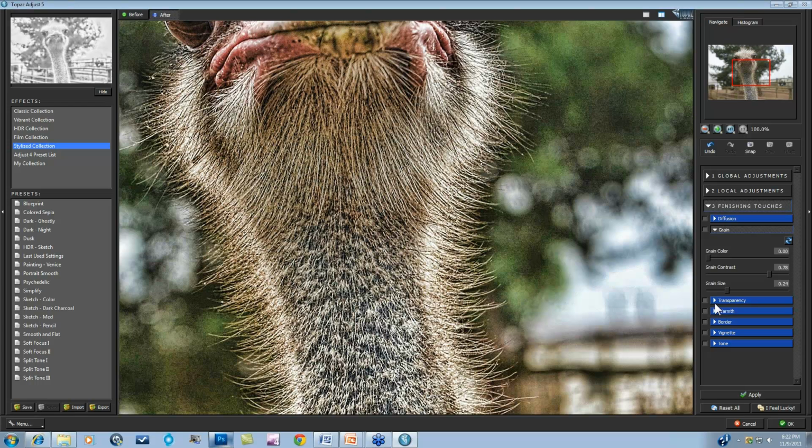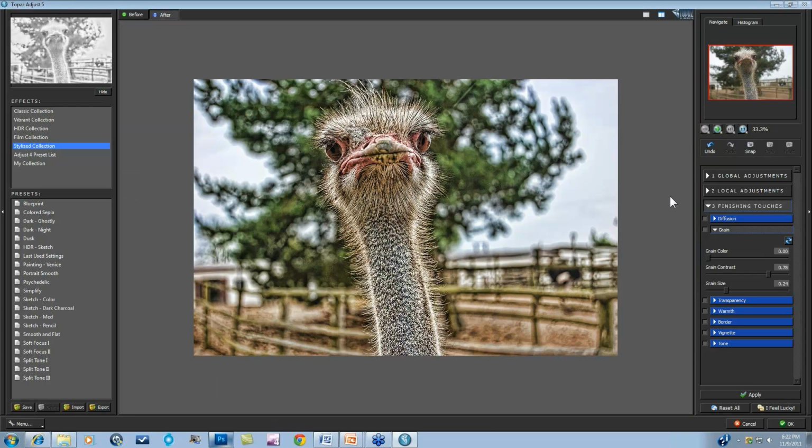Then we have my favorite here. I can't tell you how many times I have made adjustments within Topaz Adjust and then gone back into Photoshop and said, whoa, that is a little bit too strong. It just felt too strong, so then I adjust the opacity of my adjust layer within Photoshop. Well, now we have our transparency. With our transparency tab, you are able to,